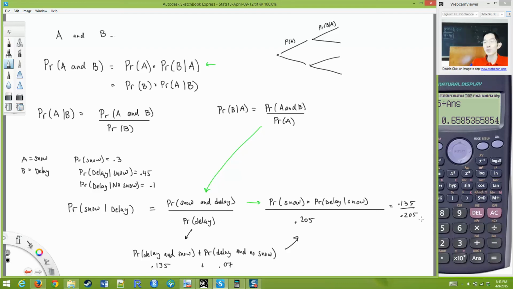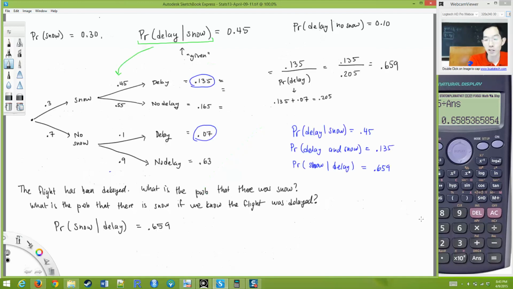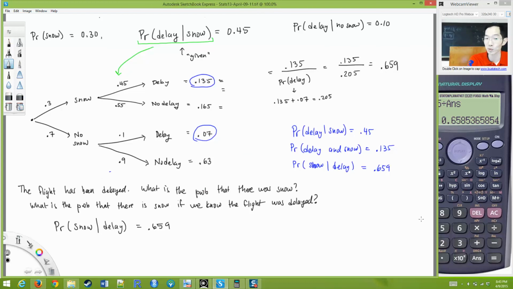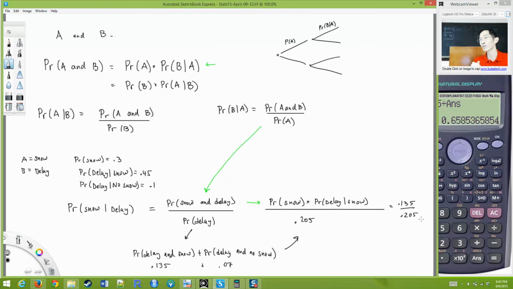Some of you may feel more confused this way, and that is okay, and some of you like it this way, and that's also okay. We're essentially doing the exact same thing, just in two different ways. One is with the equations and one is with the tree. Use what's comfortable for you. I might say draw a tree, but if you don't like the tree, you can use the equations and whatnot.